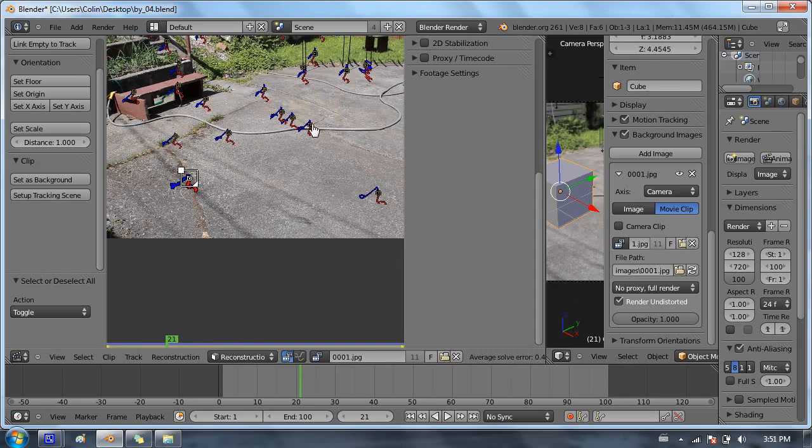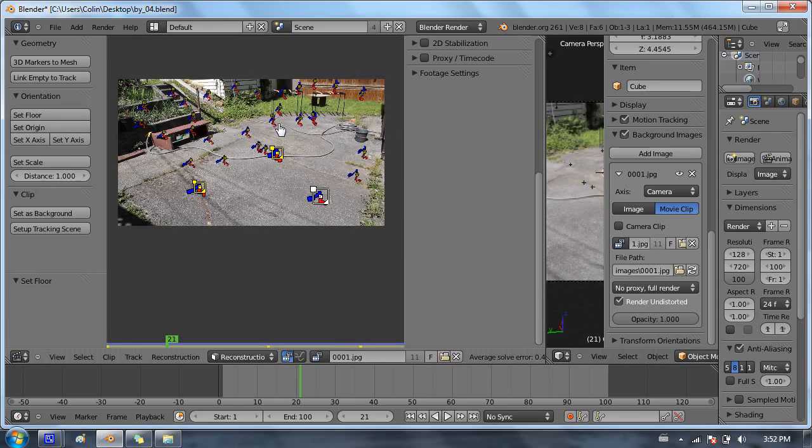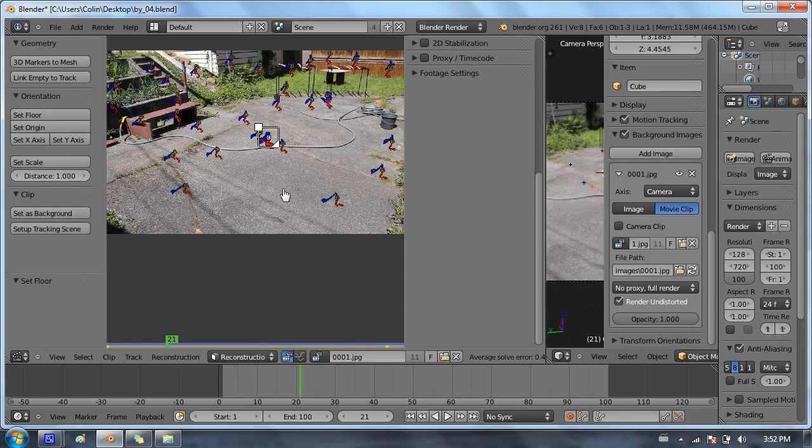So I'm going to go ahead and select 3, and that's important, 3 markers in my video. And I'm going to find the little section that says Set Floor. So under Orientation, the button says Set Floor. And that will actually reorient all of the things in my scene over here. So I'll press Set Floor. And that made everything that was on the ground in here 0 on the z-axis in my 3D scene. So now I'm going to press one that I think is about in the middle of my scene. And I think that one is probably the middle of my scene. I'm going to press Set Origin